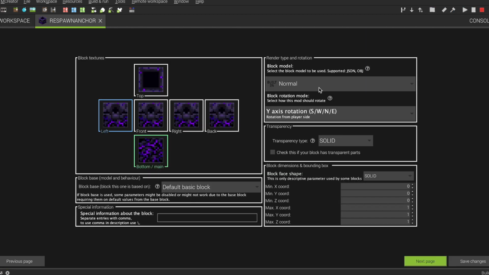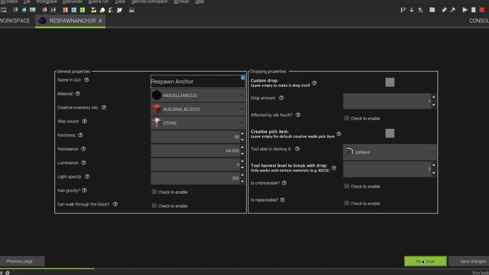And for the Wisp-on Anchor, it's the same. Here I have my textures. It's not the same as the wheel block because the top and the bottom are different. As you see, I set it to 64,000 resistance and 50 for hardness, and I need a diamond pickaxe to mine it.